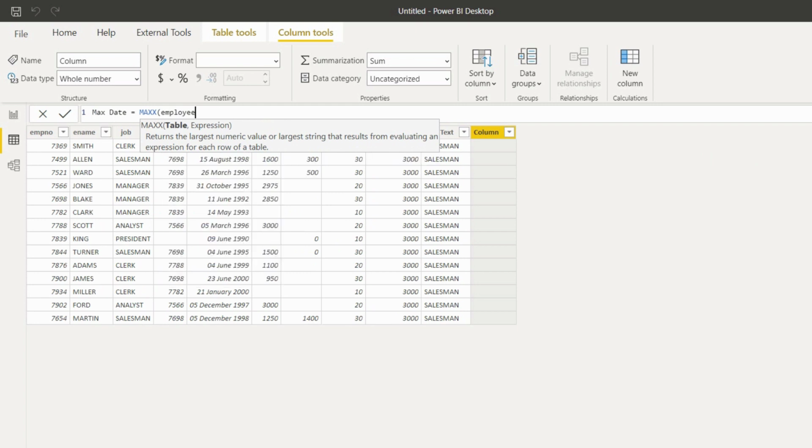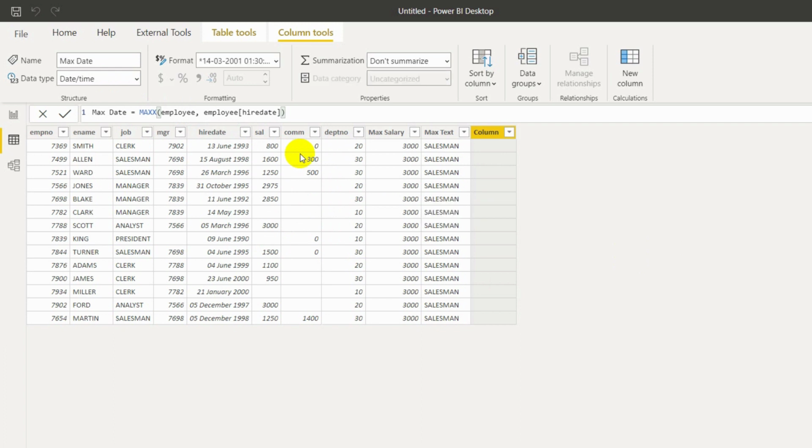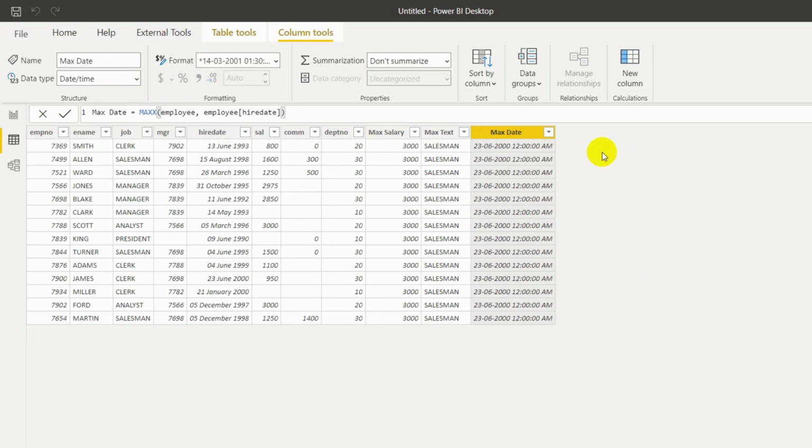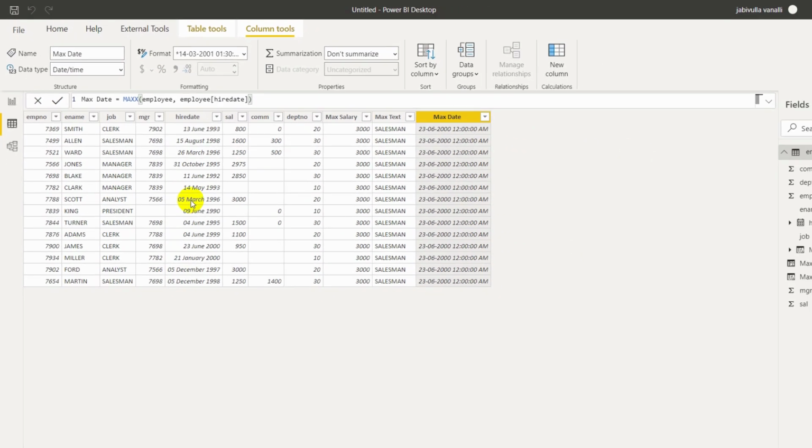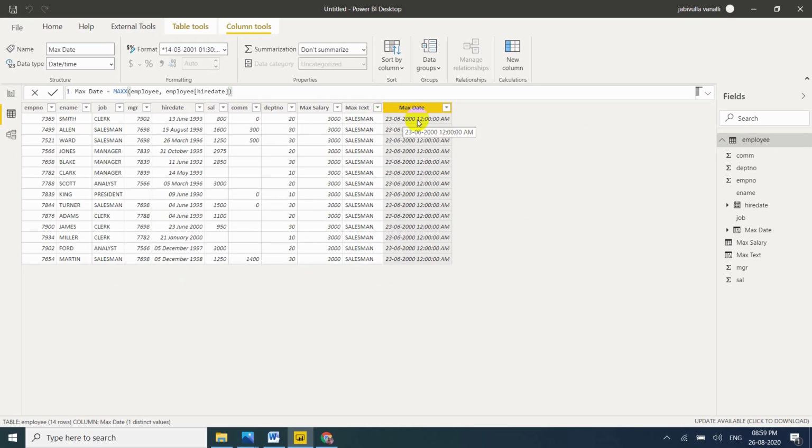Table name is Employee, comma, Hire Date. I want to find the maximum, or latest, date from this column. Just enter. It will return date plus time format. 23/6/2000 is the latest date from this column. That's the reason why it returns that. So it works for numbers, text, and dates.